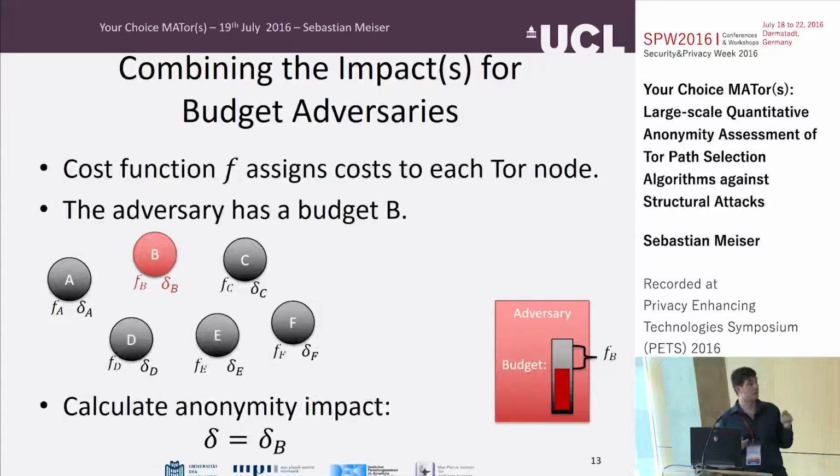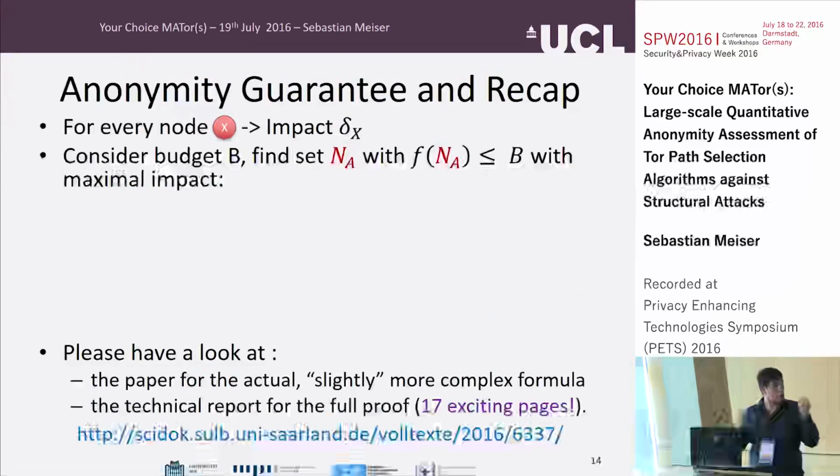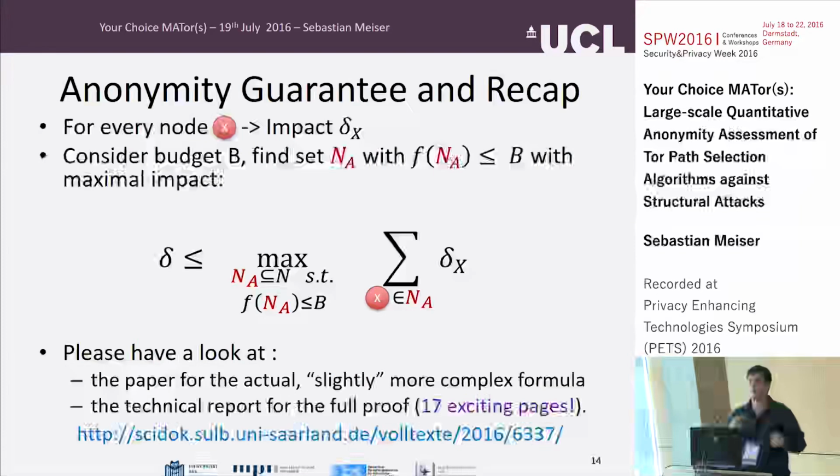And we do so for every node it wants to compromise. That's how an adversary can win, and that's how we measure adversaries. What we do then is we try to find the maximal set that is still satisfying this budget, and then we just sum over the advantages of the nodes in this set. And I just claim that this can be more easily approximated than considering every possible set.